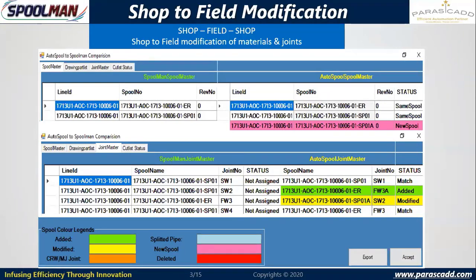On top of this, there is going to be a change request. Some of the joints, based on ease of fabrication or erection, site erection, will be converted into field, or items will be modified, or there may be revisions. Those can be effectively managed here. So there can be matching component, added component, modified component, updated component, deleted component with respect to revisions or site change requirements. All those things can be managed here. So we have a facility to perform that. Shop to field, shop option is available in the system to manage the site level modifications.